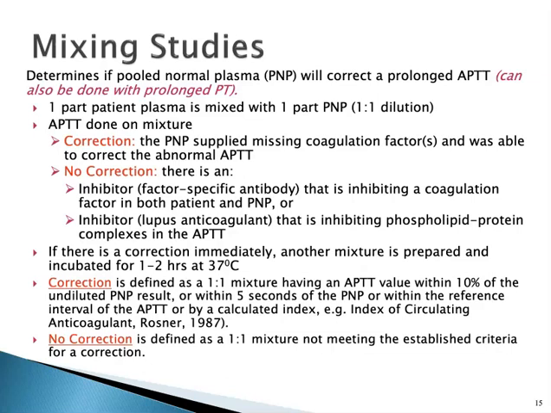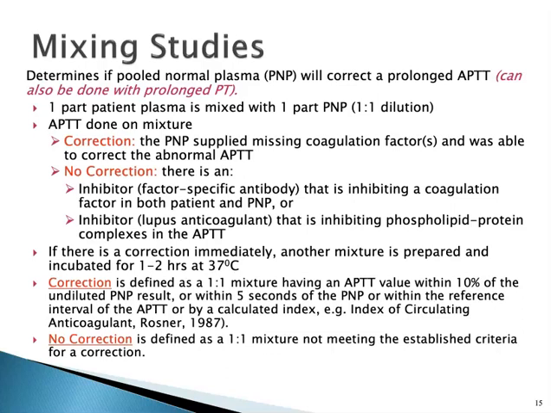No correction, on the other hand, well, this could mean that there is a circulating inhibitor. There are 2 types of circulating inhibitors. The one that we're concerned with right now is the lupus anticoagulant. But there is also the factor-specific antibodies, and those inhibit coagulation factors directly in both the patient and in the PNP. You may also be looking at an inhibitor like a lupus anticoagulant that is inhibiting the phospholipid protein complexes